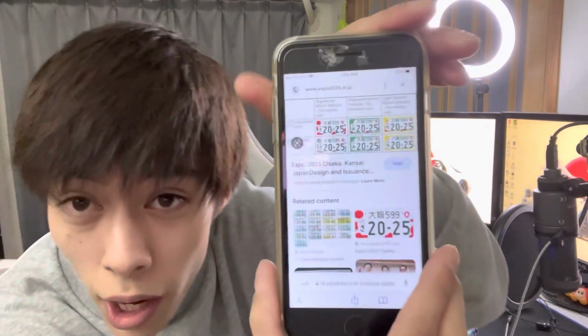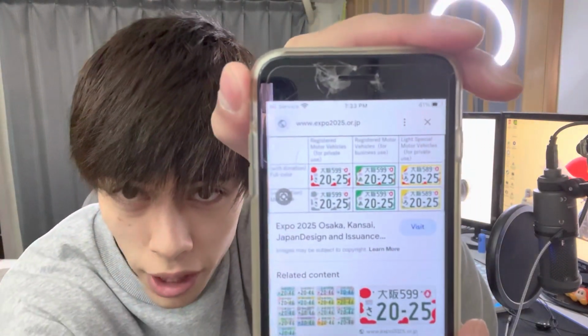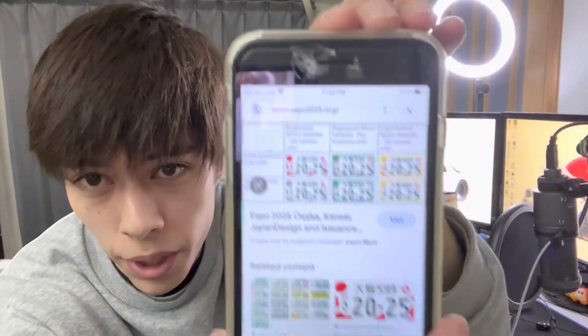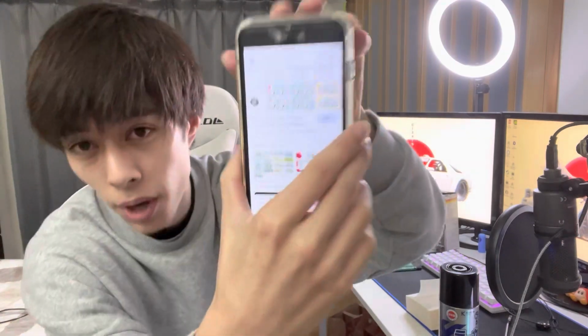There's a new custom license plate that came out, I think last year maybe. I started seeing a couple cars with them, and one of my friends actually has it as well. Basically it's a K car license plate, but it's actually white. I don't know if you can see here. They look like this, but the one that I'm trying to get, the background looks a little bit different, but they generally look like this. So the yellow one here, the surrounding of the plate is still yellow, and the upper left corner is a yellow triangle, so it still signifies a K plate, but it is a